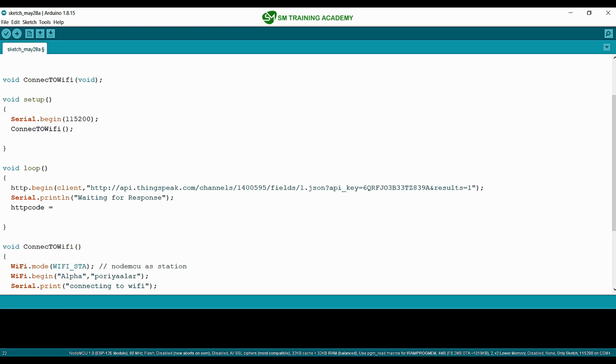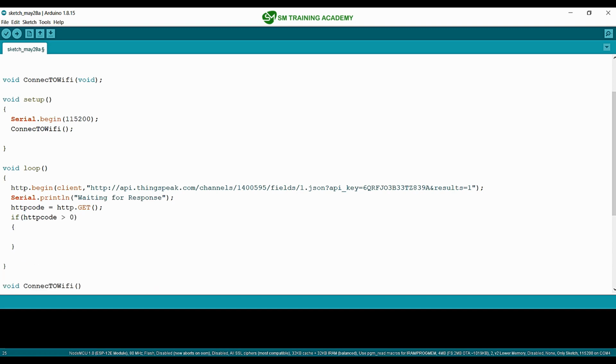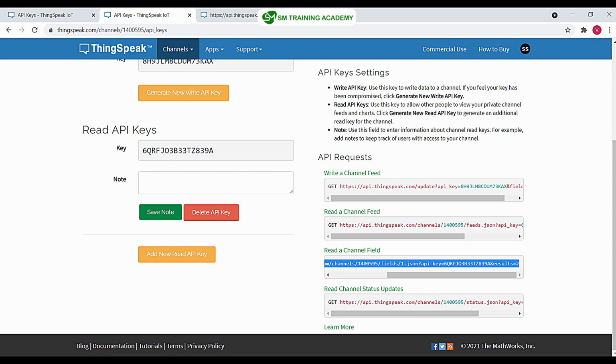So we will be getting the HTTP code with the method called HTTP get, and it must be a positive number, usually 200. So if the HTTP code is greater than 0, we will print the string "GET request sent successfully".